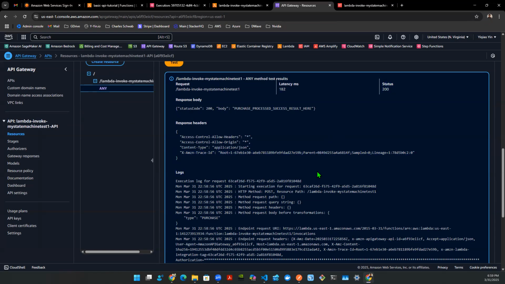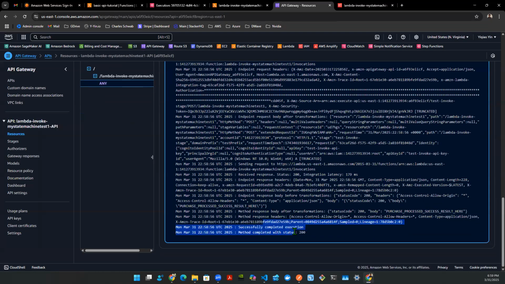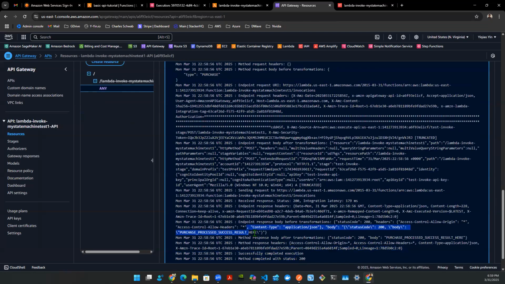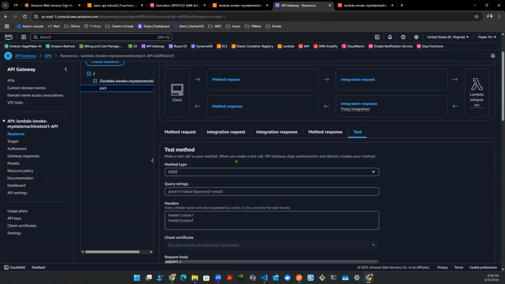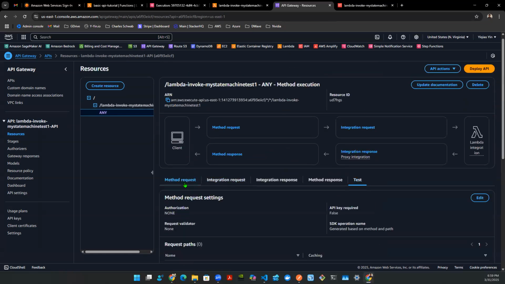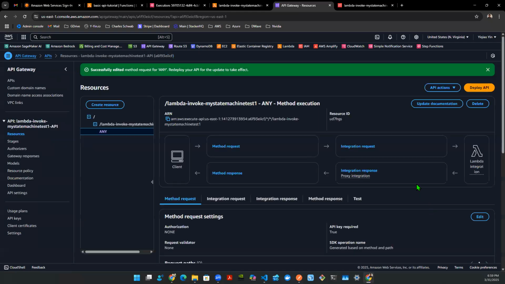Boom, 200. That means it's working correctly. And then somewhere down here, yeah, it's executing correctly, and we got some response back. Great, purchase, it says here. Awesome. So we know that this payload is correct, and we know how it works, and this is the post method. Great, now I'm going to deploy it, but before I do that, I'm going to make the API key required. So I'm going to hit API key required, hit save,